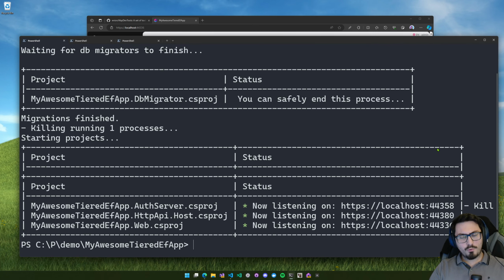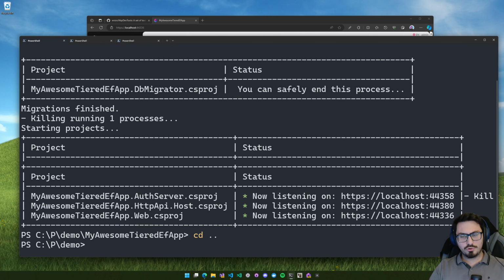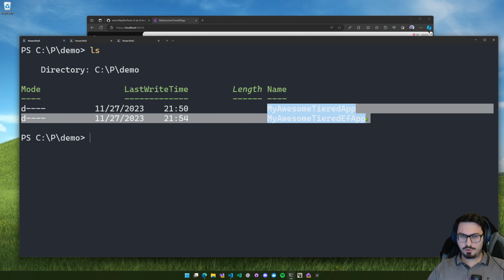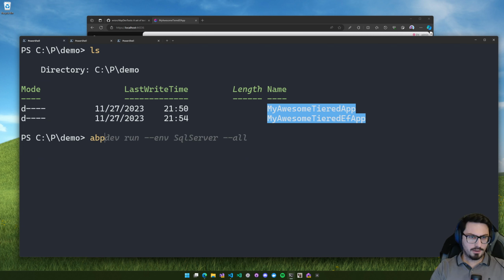Okay, I will show another example. What if I want to run both applications, both solutions? The first solution with MongoDB and the last solution with EF Core. So I navigate back one folder up. And you can see I have two solutions under this folder. If I run abp run,